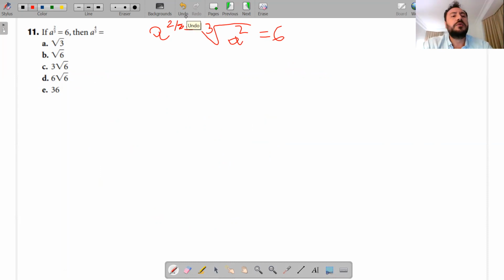Whenever we deal with square root or cubic root, what we do to eliminate it is use an exponent. The opposite of a root is an exponent. So in this case, since my root is 3,